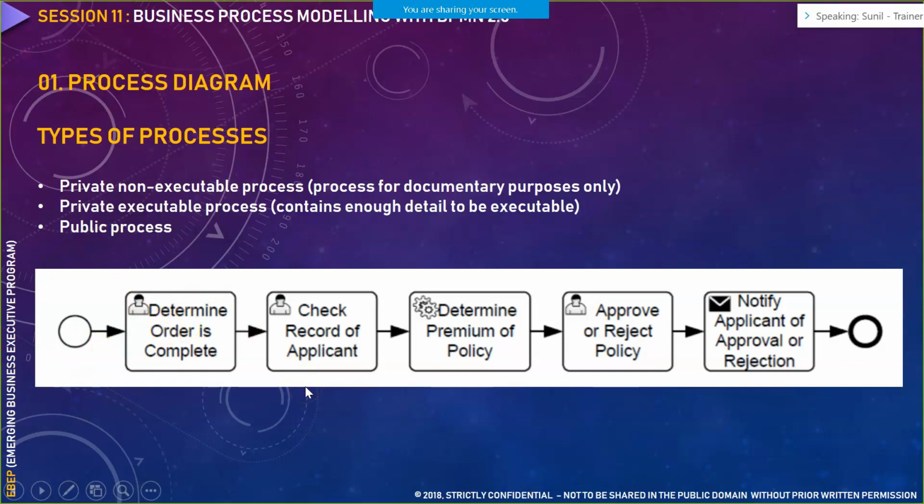So this way, some information you are hiding to yourself from a business perspective, and only relevant information you are showing to the respective person who is coming for purchasing that particular policy. So this way you have to differentiate between public processes and private processes when you are deciding or designing a process flow. So all these are unidirectional, like it just goes in one way. No, this is just an example. This can be bidirectional as well.